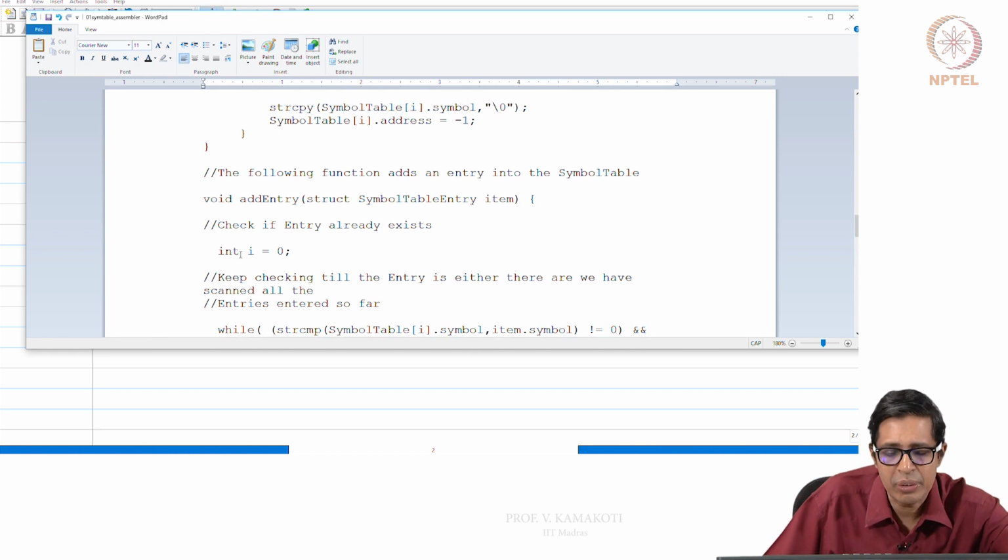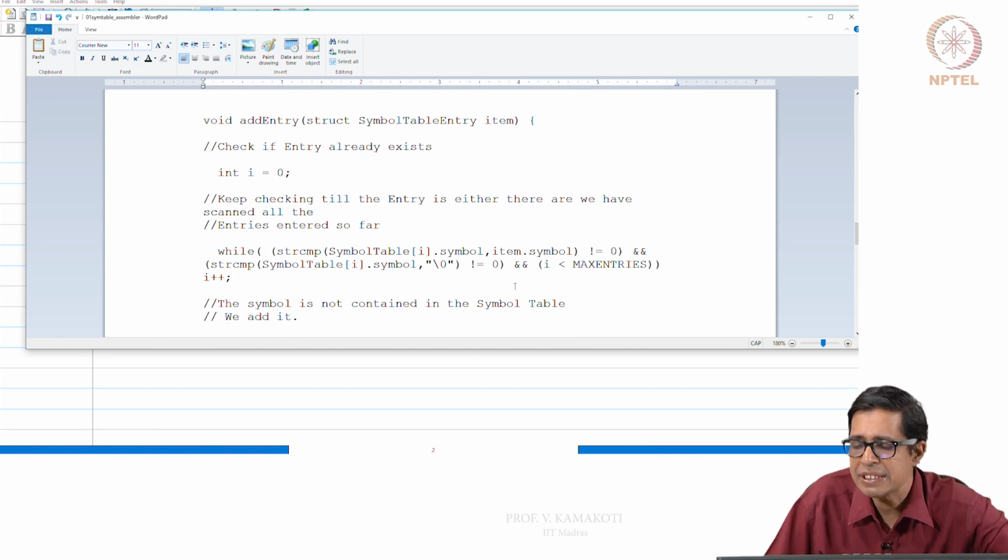We start from I equal to 0, and we are checking if the item that I am adding, item dot symbol, is equal to symbol table I dot symbol, and that symbol table I dot symbol is not null, and I is less than max entries, right. So I keep on searching.